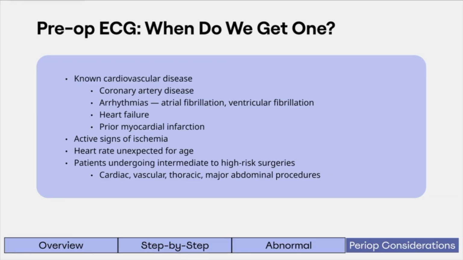A preoperative 12-lead ECG is not required for every patient. It is typically obtained in patients with known cardiovascular disease, including coronary artery disease, arrhythmias like atrial fibrillation, heart failure, or prior myocardial infarction. It is also indicated in patients with active signs of ischemia and when the heart rate is not within limitations for the age range. In addition, a 12-lead is recommended for patients undergoing intermediate to high-risk surgeries, such as cardiac, vascular, thoracic, or major